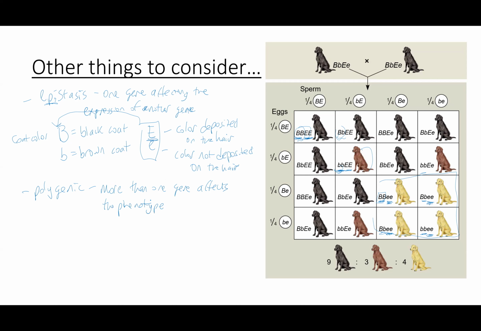So it's not just that there's one gene that controls eye color. In humans, we often talk about eye color and how it is passed on: oh, you have brown eyes like your parents, or you have blue eyes and your parents have brown eyes. And we act like there's one gene, but it's a multiple gene kind of thing. Height is another one. There are multiple genes that control height. So you can have two short parents that produce a tall kid somehow, or two tall parents that produce a